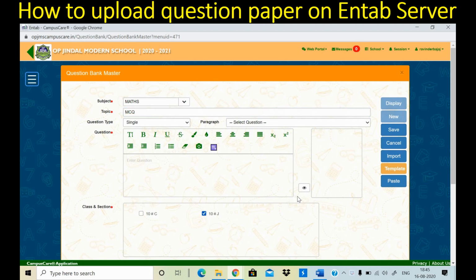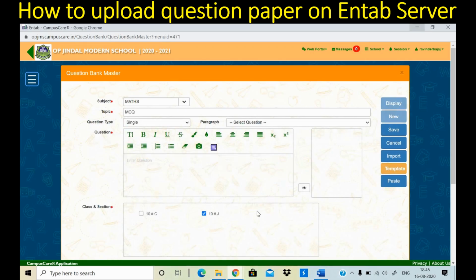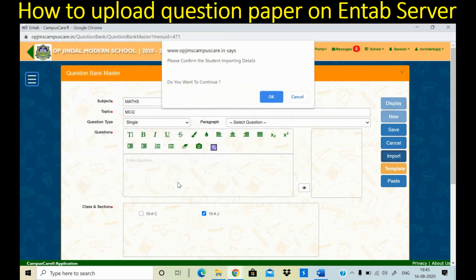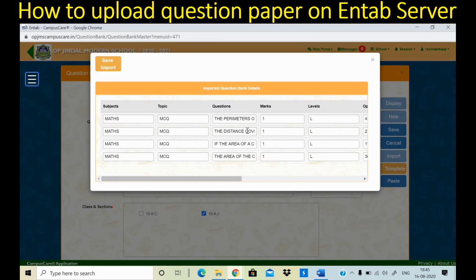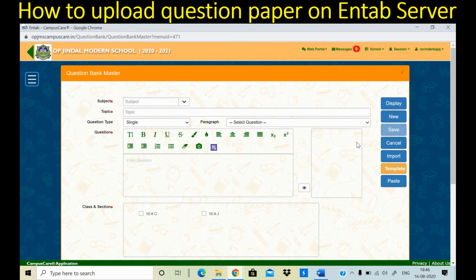For 10J, here you can import the Excel file. You have already seen that I have created an Excel file. In this Excel file, 4 questions are already there. I have already shown you. Now click on import. Select this Excel file. Press open. Yes, I want to continue. So these 4 questions that I have already shown you in the Excel file, press the save import button. The Excel sheet is already imported.